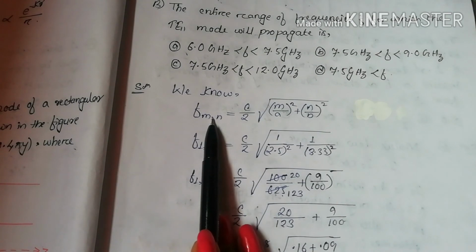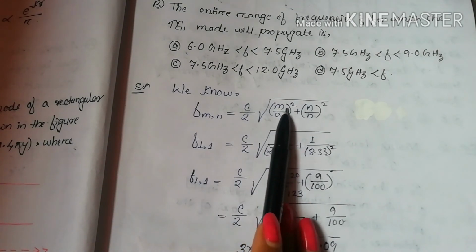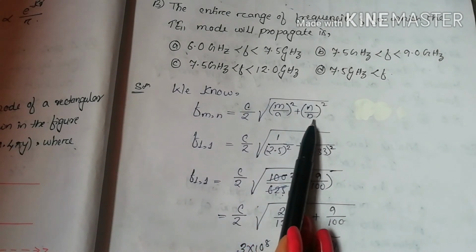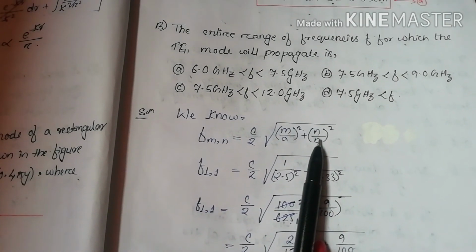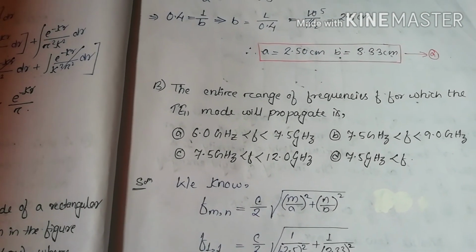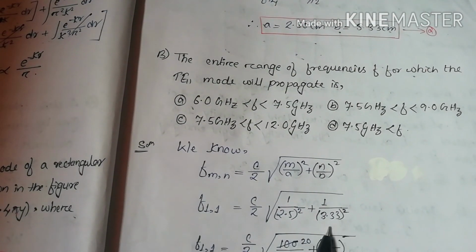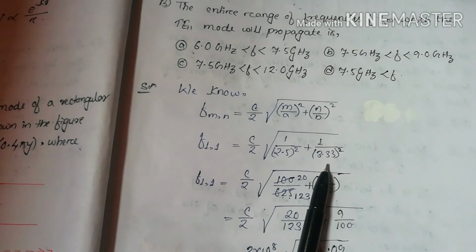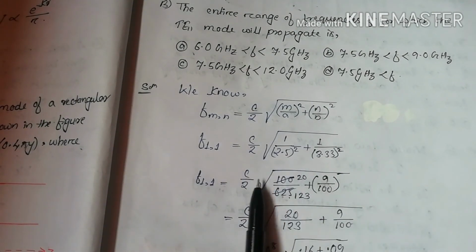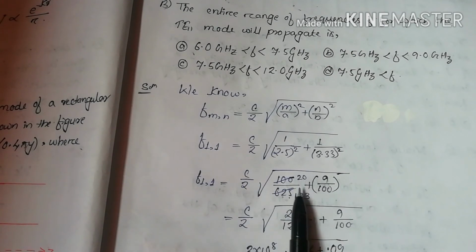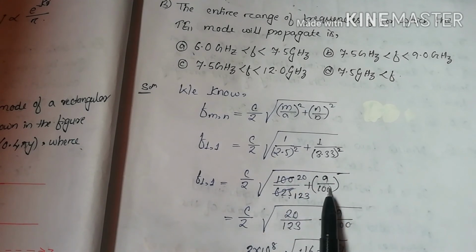So the cutoff frequency is equal to c by 2 root over (m by a) whole square plus (n by b) whole square. Here m = 1, n = 1, and a was 2.5 and b was 3.33. This is what we calculated in the previous question. So we will put the values here, and finally we will have c by 2 times root over, I have made it as 25 by 10, and then 100 by 625, taking its square, plus